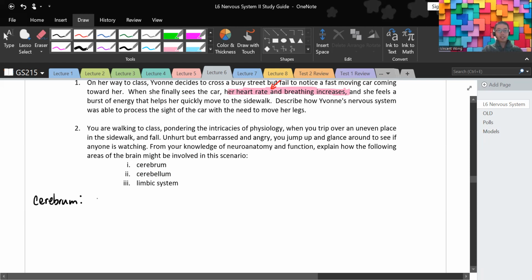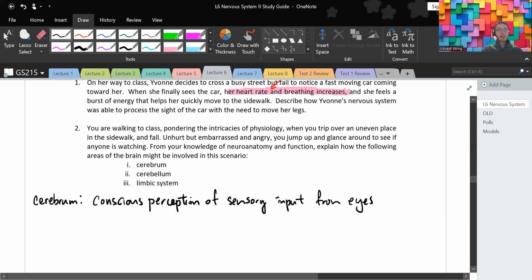Well, we have the conscious perception of senses, of sensory input from various parts of the body, from the eyes in this case. There's something called proprioception,